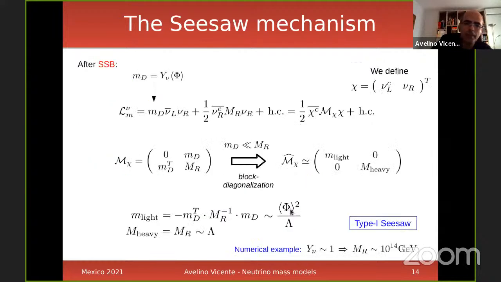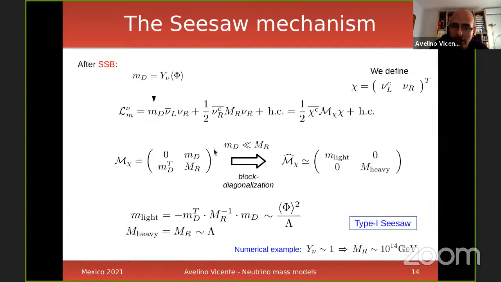Now, when you do that, you get 2 different mass terms. First, from the standard Yukawa, the standard Yukawa with the lepton doublet and the right-handed neutrino, you get a Dirac mass term between the left-handed neutrinos and the right-handed neutrinos, where this M_D, this Dirac term, is nothing but the Yukawa times the Higgs VEV. Okay, this is what you have for all the fermions. And now, in addition, you have this Majorana mass term for the right-handed neutrinos.